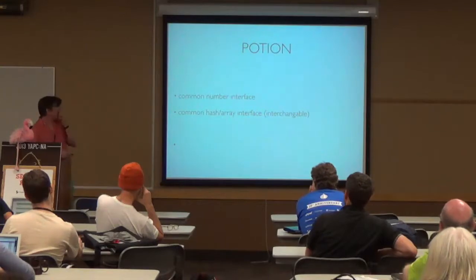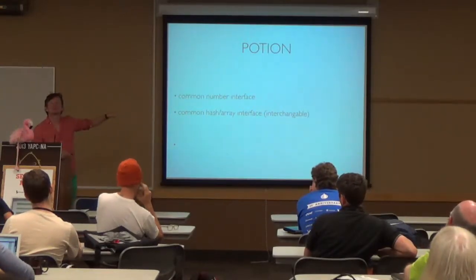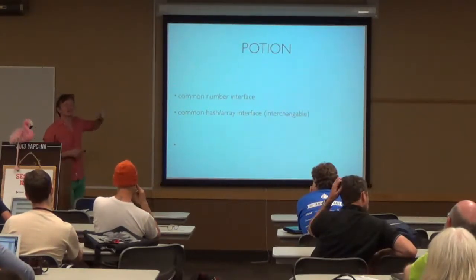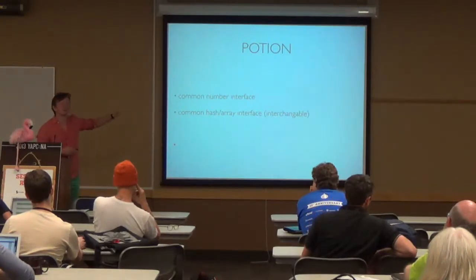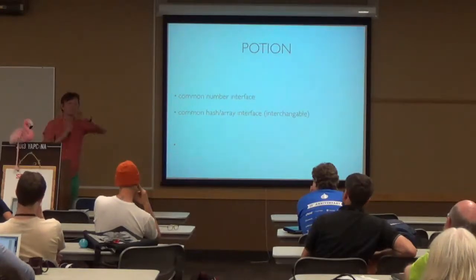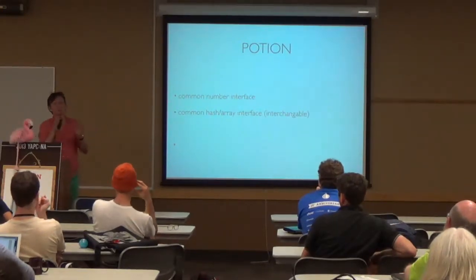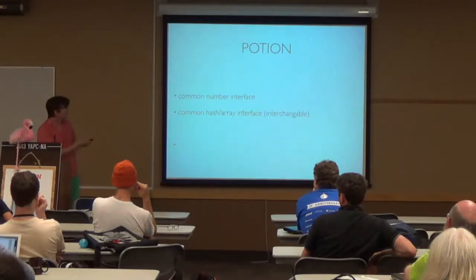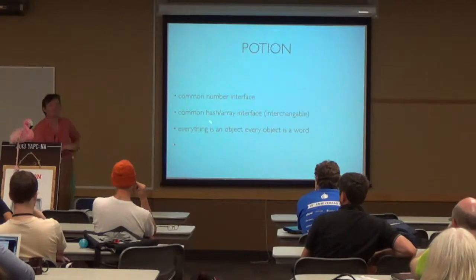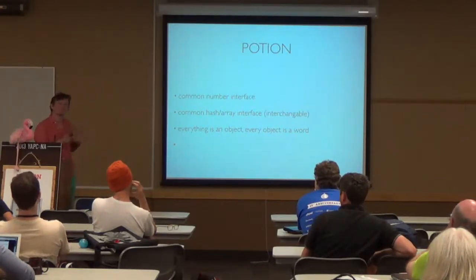A common hash array interface. Lua does not decide between tables and hashes. Arrays and hashes: everything is an array, and if the index is a key, is a string, it's a hash, and otherwise it's an array. There are no linked lists. There are other VMs which are also using linked lists, which are also pretty easy to change. Just relink. So we have to realloc all the time, but it's still pretty fast. It's using a nice hash library. And it's a common interface, but still the methods are different, and you can easily cast.